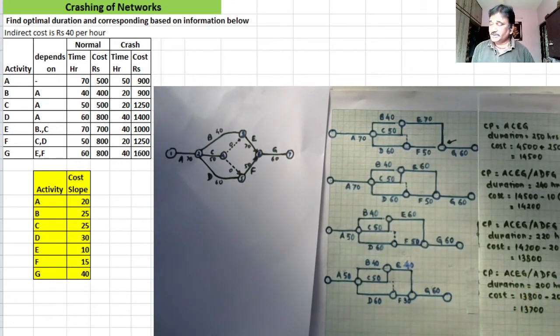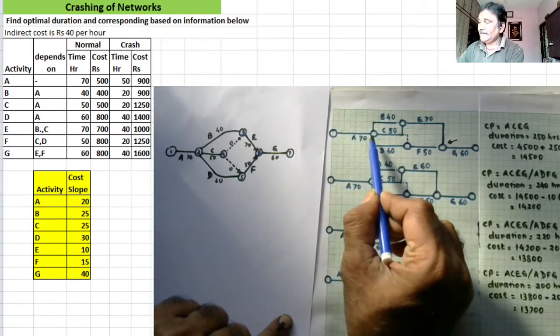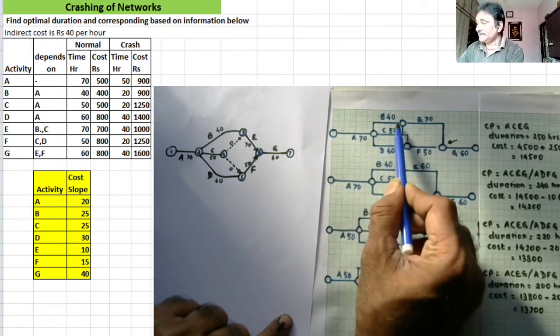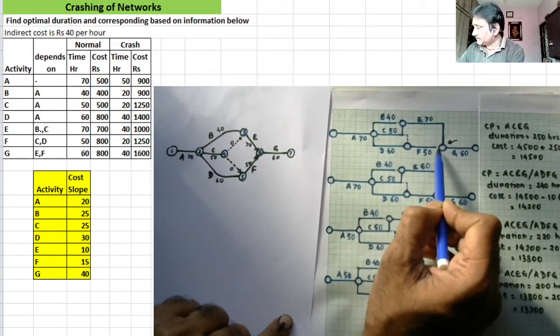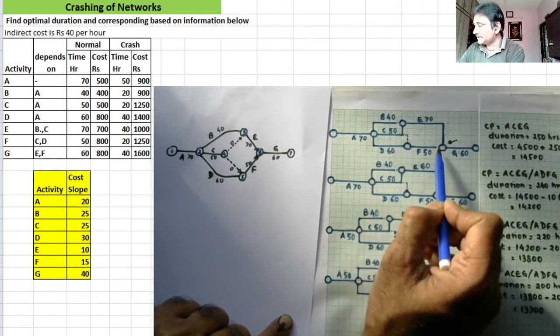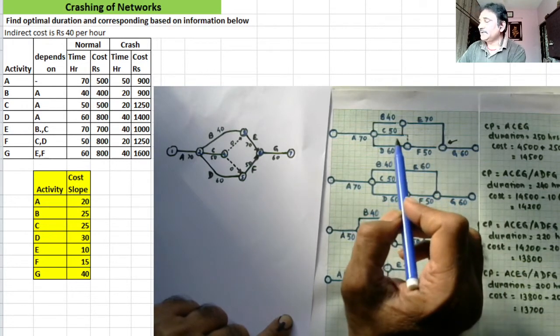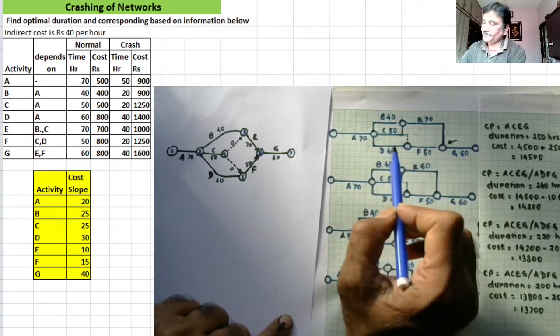Now that we have drawn this time scaled version, how to find the critical path? Critical path is the path without slack. It is a continuous path. So I will be starting from A. Then if I go to B, there is a slack here, so it won't be on the critical path. If I go to D, there is a slack here. After D, I will have to go to F, but in activity F, there is a slack. So critical path is a path without any slack from starting node to ending node, right?